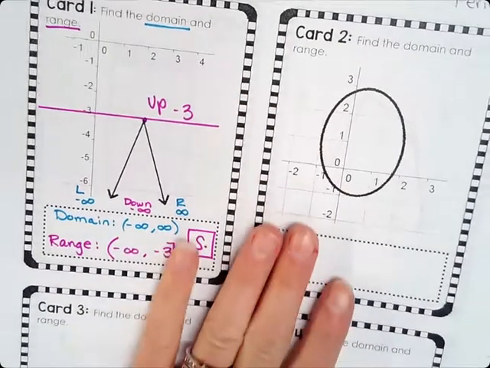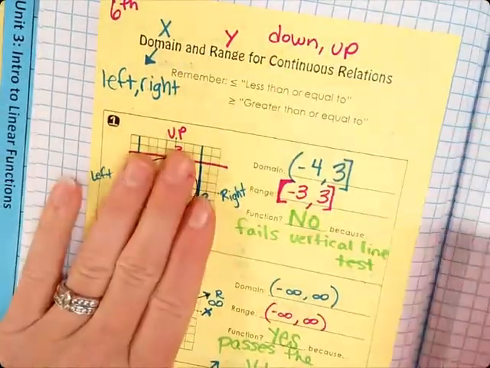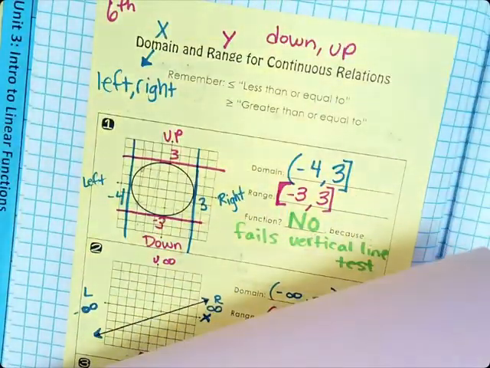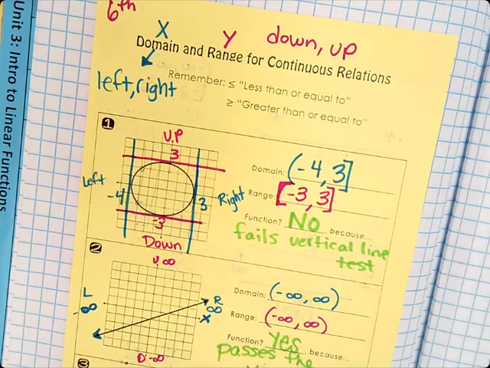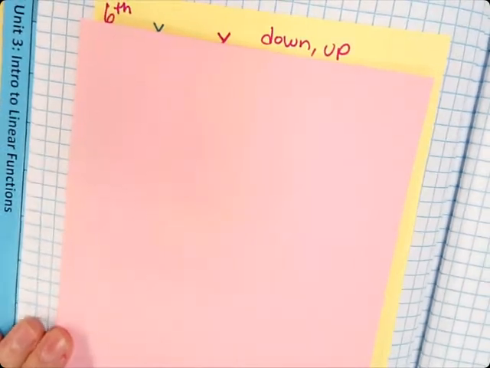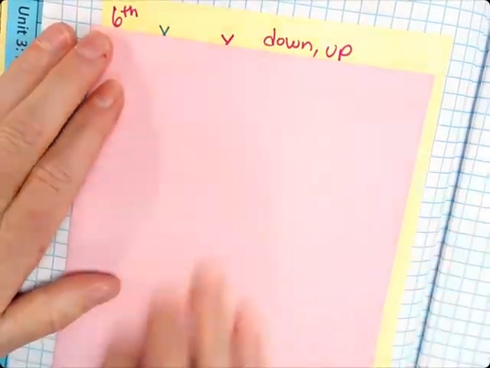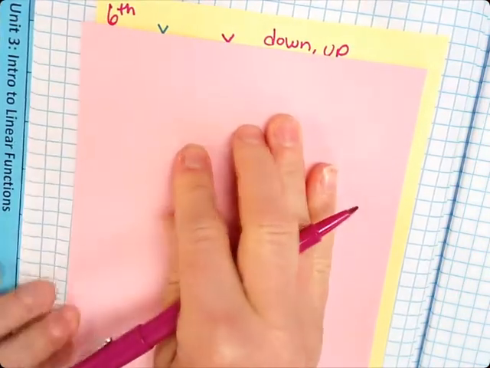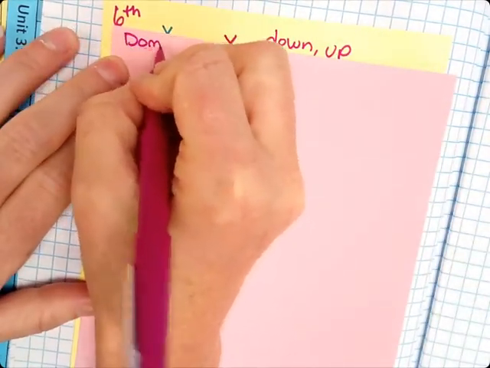Okay, so put this away for now and only have out these notes, or you can just look at mine and then this. So go ahead and fold this in half. So this will make, remember hamburger fold when we used to do that? We're going to do just a little bit of notes on here so that'll help us with the examples that are inside. So the title of these notes is Domain